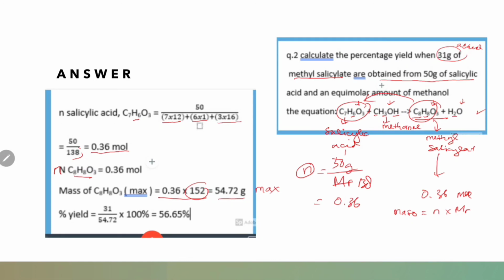So the percentage yield is the actual, 31, over the theoretical from the calculation, times 100%. So we get this percentage. For the actual yield, that can vary from one number to another, but the theoretical is always the same. We use the calculation by comparing the coefficient